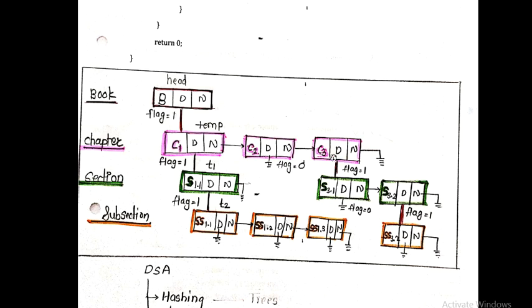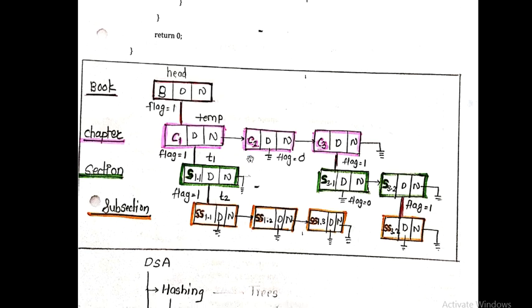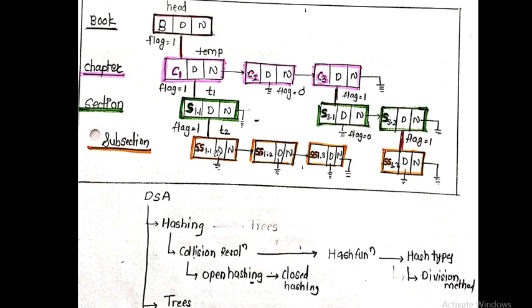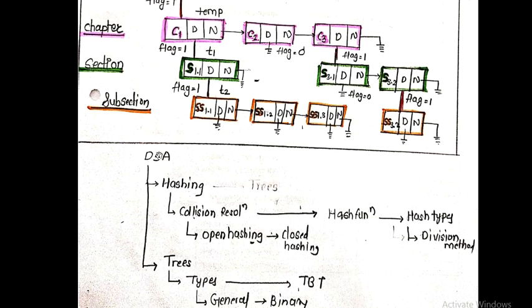Same way, chapter number 3 is also having their different flags, right? So section 3.1 is having their flag as a 0, so no subsection under the section 3.1. But section 3.2 is having its flag as a 1, means it is having some subsections under it. So in this way we are going to create our book scenario, right? So for example, your DSA book is there. So for the DSA we are having the 2 chapters, hashing and trees.